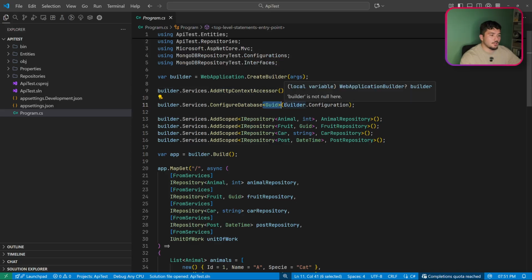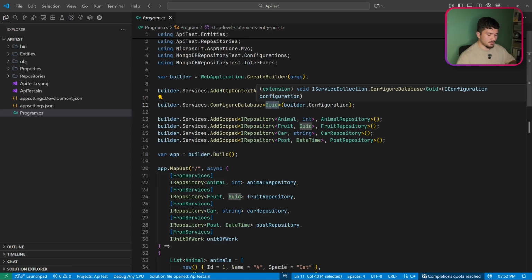To configure the database, we basically pass the type of the ID that we have. And in this case, I'm saying that all the IDs are GUID. Okay, I'm saying that the user info ID will be a GUID, the tenant ID from the user info will be a GUID, and the tenant ID and the ID on the entities, on the documents on the database will all be GUID. Okay, but I could do a GUID here,